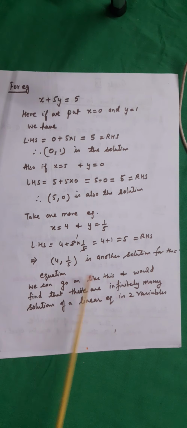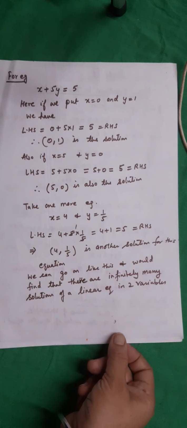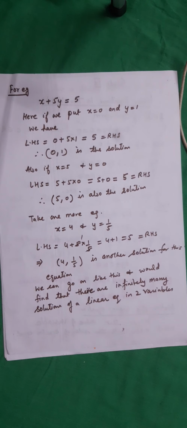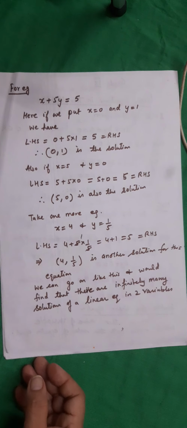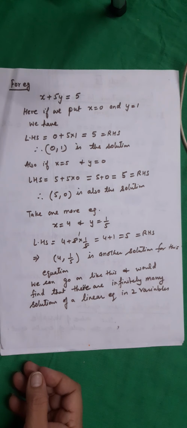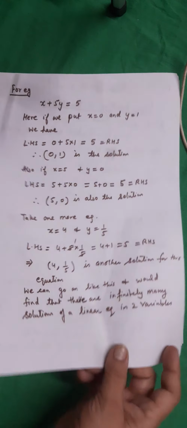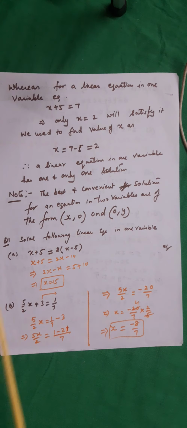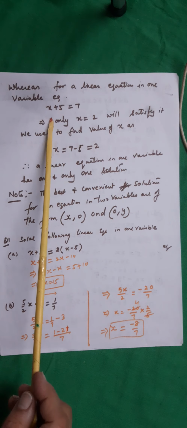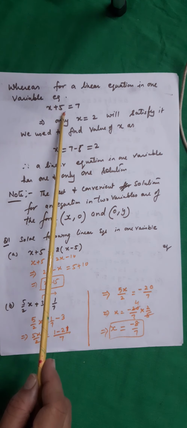Right? So what does it mean? That we can keep on finding more solutions like this. So we can say that it will have infinitely many solutions. So always remember, when a single linear equation in two variables is given to you, how many solutions does it have? It has infinitely many solutions. Whereas a linear equation in one variable, if I am taking x plus 5 is equal to 7,